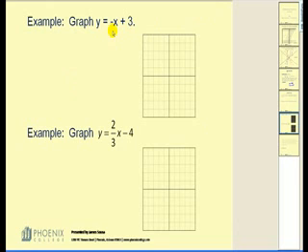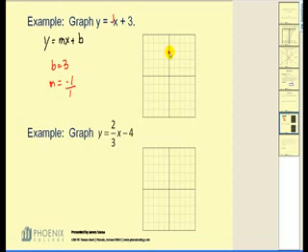Let's graph y equals negative x plus 3. This is the form the line is in. We need to identify the value of m and the value of b. Now, it's easy to see that b is equal to positive 3. M is the coefficient of the x term, which would be negative 1. In order to use the slope, though, it's helpful to have it in fraction form, so I'll make it negative 1 over 1. In order to graph this line, we need to plot the y-intercept,